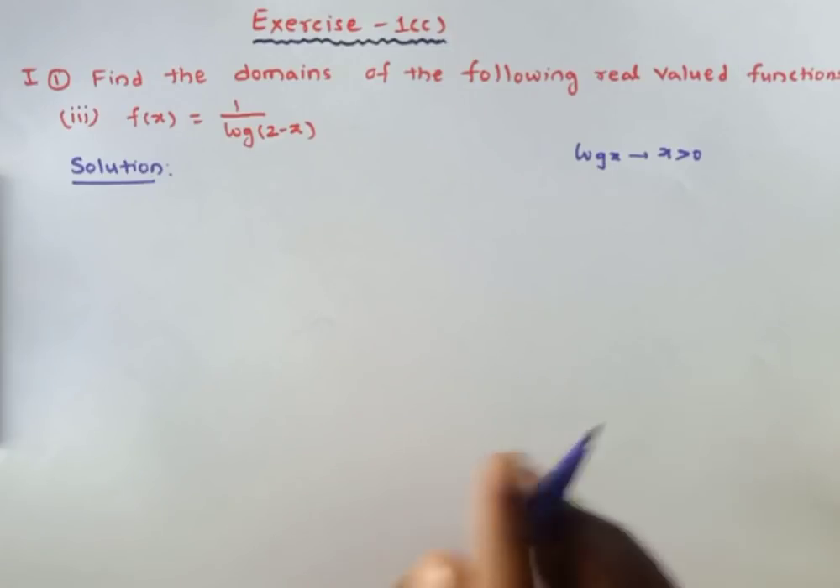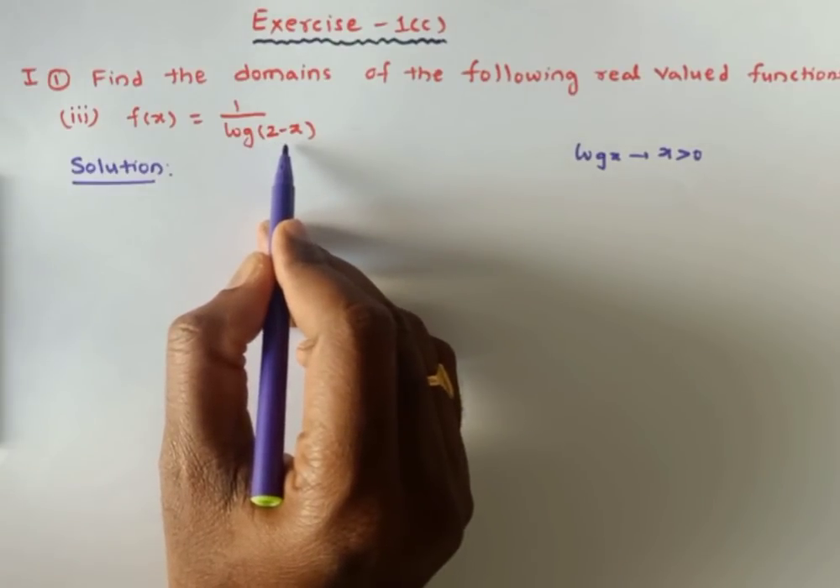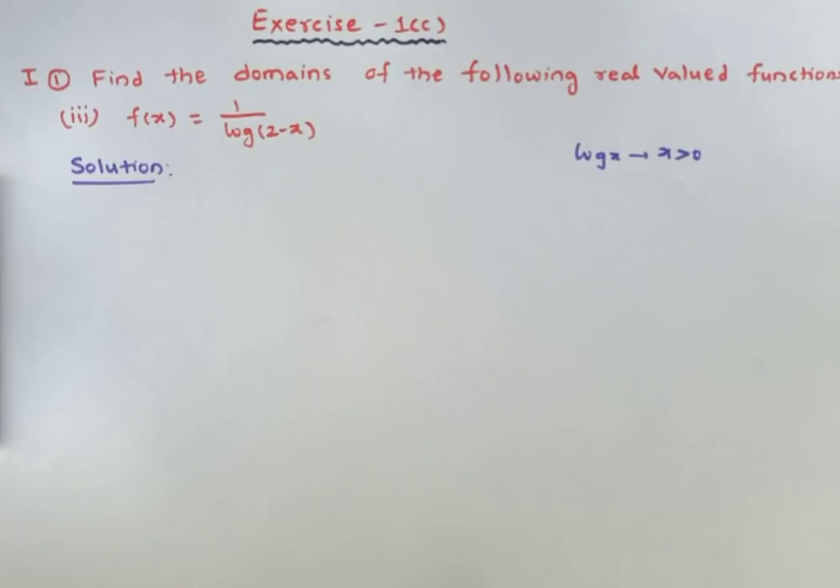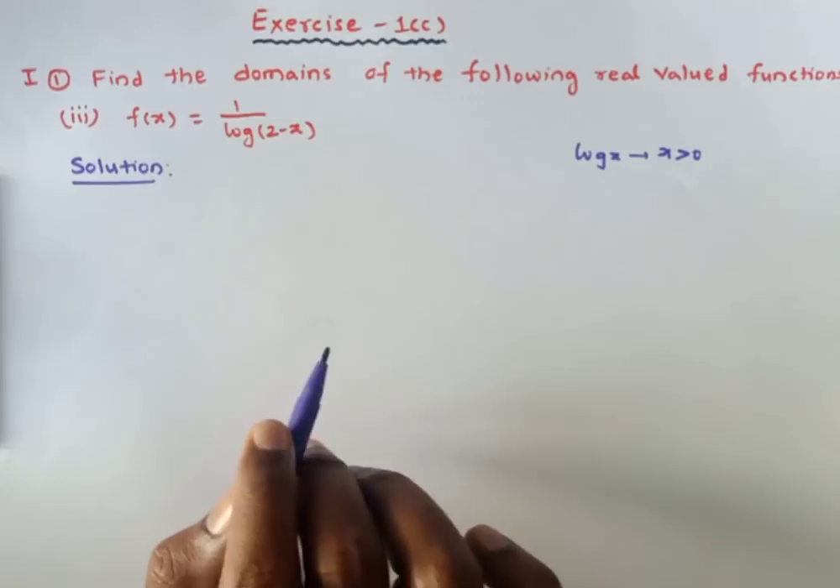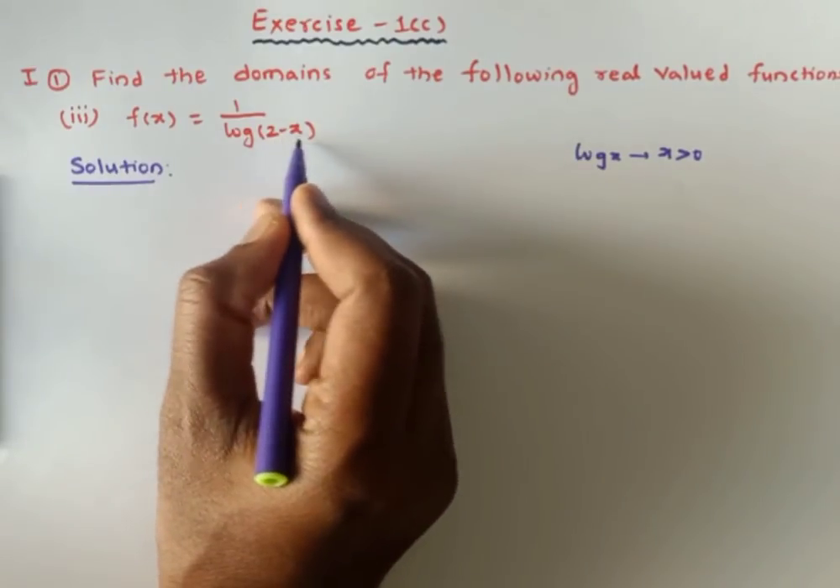Now here, instead of x, the given problem contains 2 minus x, and it is in the form of f of x by g of x. If it is in the form of f by g, then g is compulsorily not equal to 0. Now here I need to concentrate on this. Compulsorily 2 minus x is